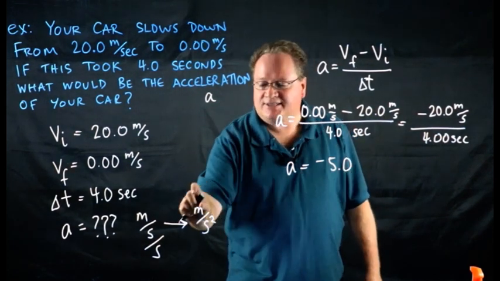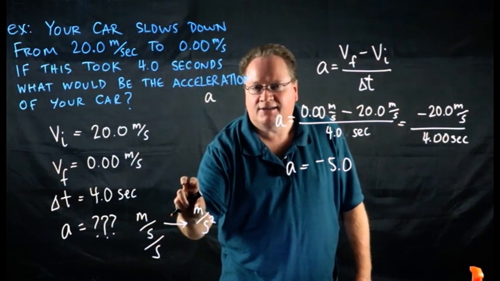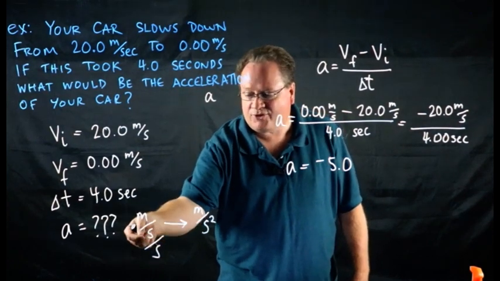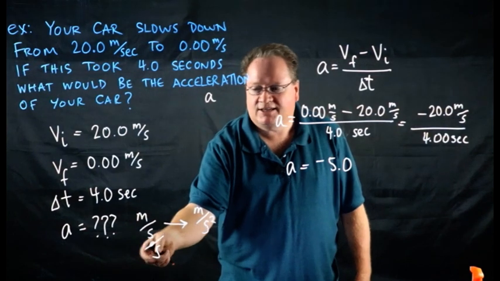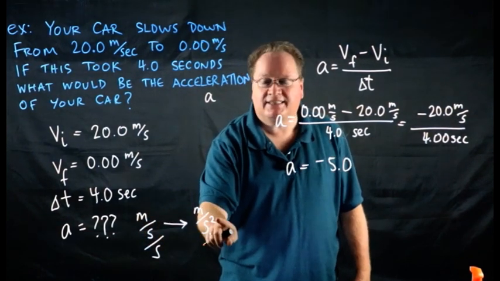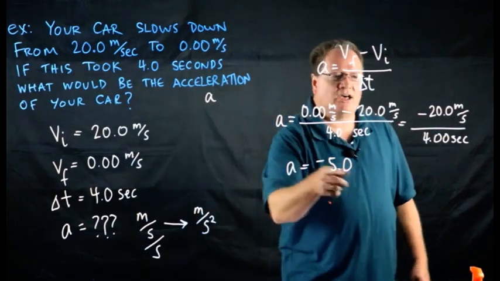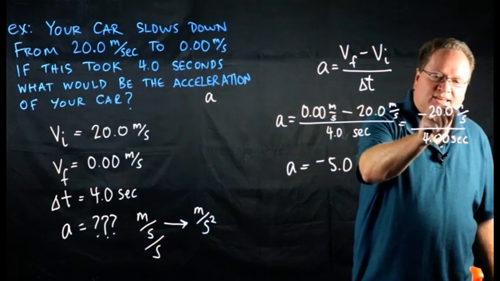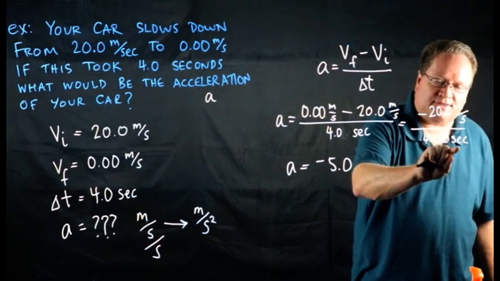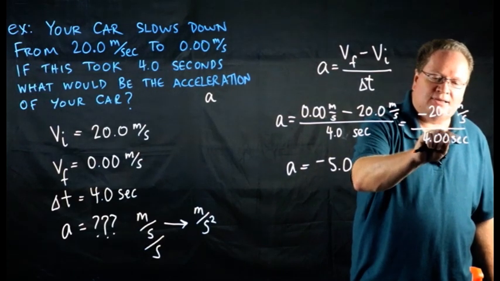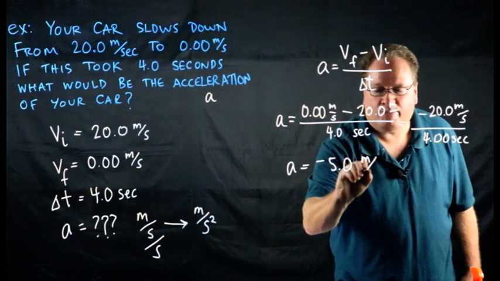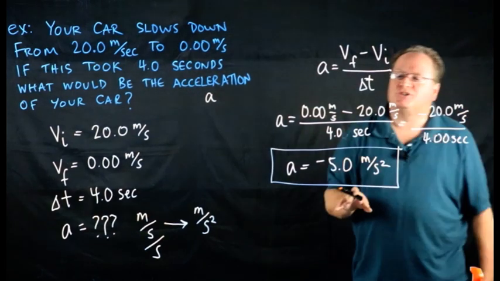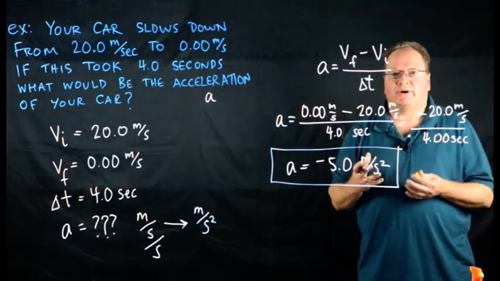So all we're saying is the speed, which is in meters per second, changes by a certain amount each second. So we'd have units of meters per second per second. It's the rate at which your speed changes. Well, we shorten that to this. So if I look at my units, this would be meters per second, but that second in the denominator here would actually drop down with this one. So I have meters per second times seconds, or meters per second squared. That is your answer for this particular question.